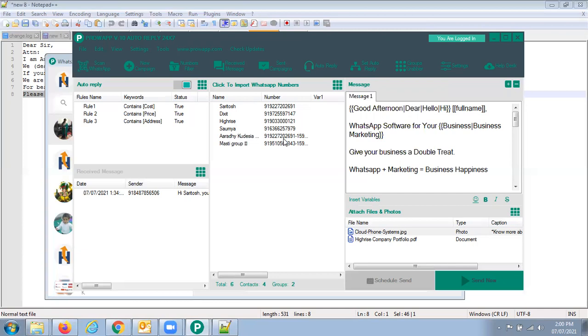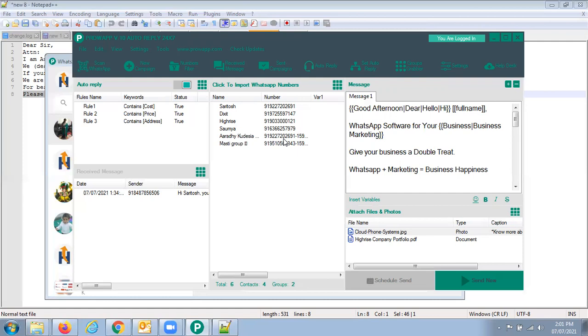So the advantage is if you want to post one creative to 200 groups, by just clicking once, you need not post every time to different groups. At one time, we can just send it off. So it's a matter of 5 seconds. Just import this, make a message here, create the image if you want to send, and send. Nothing else.